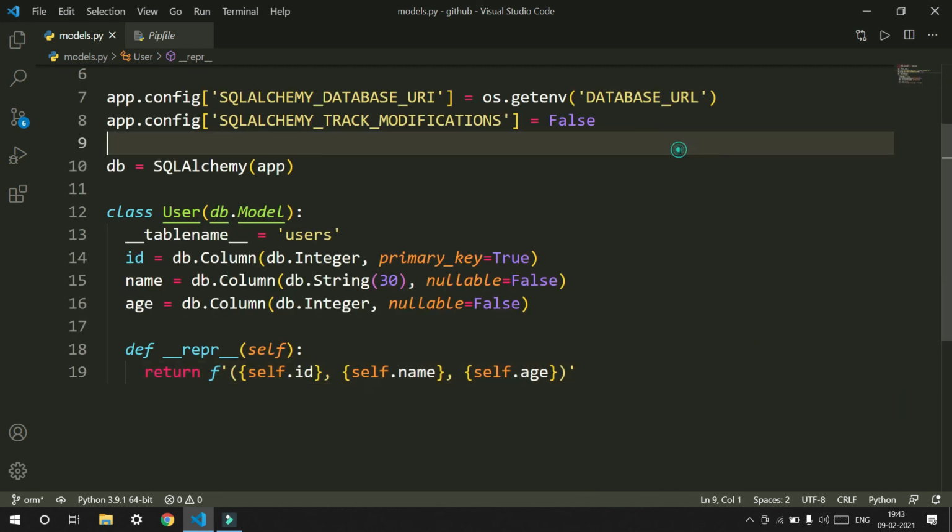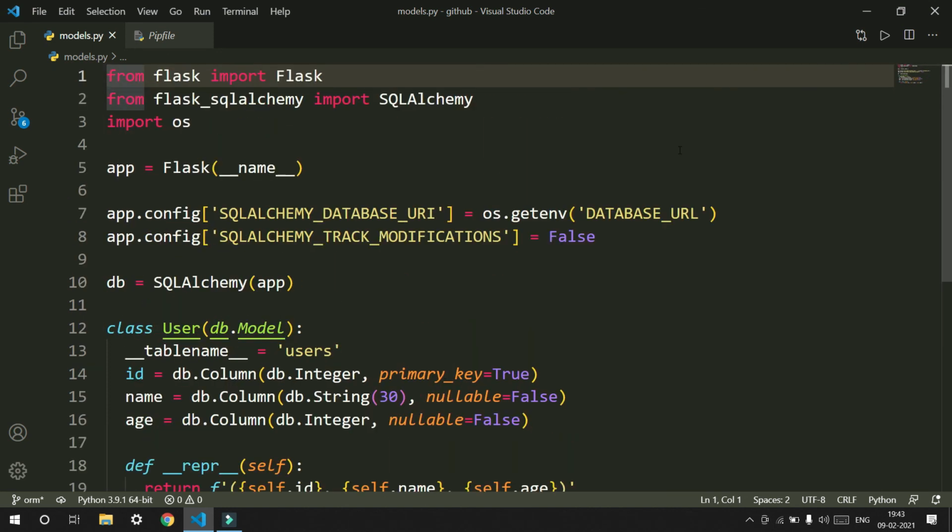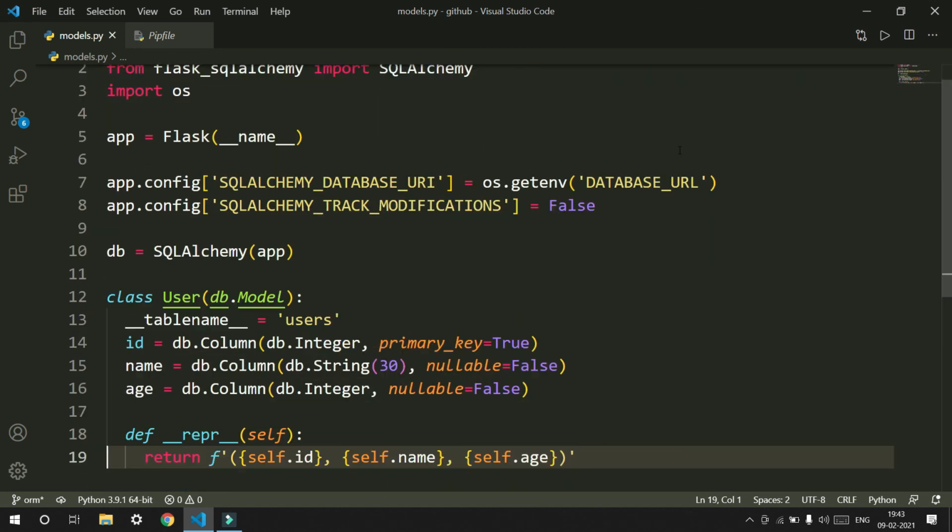So that's it, guys. In this video, we have learned how to model an SQL table in the form of a class, and then we also executed some basic ORM queries where we inserted data into the table. We selected data from the table. We also selected data based on certain conditions. We also went over how to update data in the table. We also looked at how we can delete records from the table.